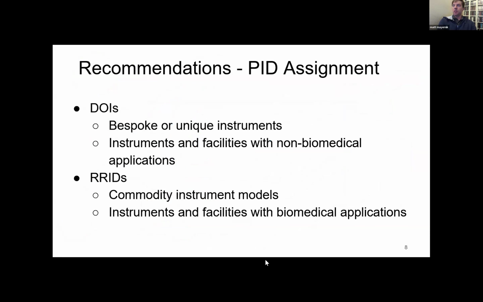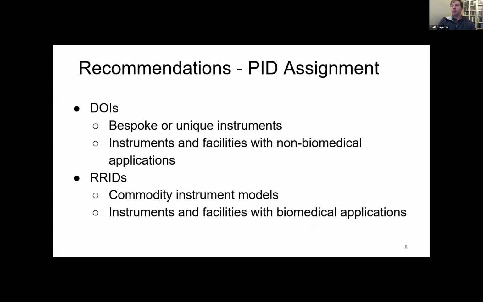So getting into some recommendations then in terms of how we understand this, and these are based on discussions we've had with the community and our own analysis. And again, these are very preliminary, not intended to be final, and this is for discussion, and we hope to get more community input on these. Some of these are quite simple, and some of them are a little more nuanced, perhaps.